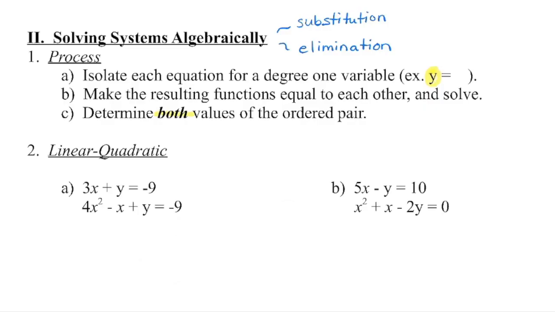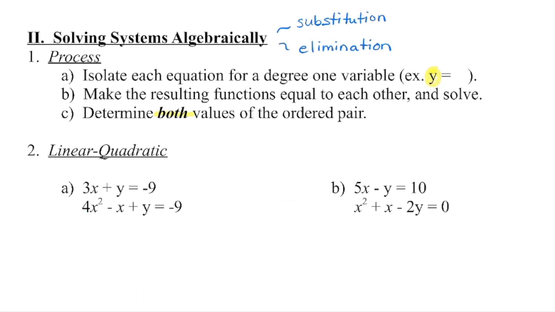We can also solve a system algebraically using either substitution or elimination. If we're going to use substitution, we want to isolate a variable with a coefficient of 1. Y is the easiest one to isolate, which you'll see in a second. If you're trying to eliminate a variable, then try to eliminate the y's, because you can see that we now